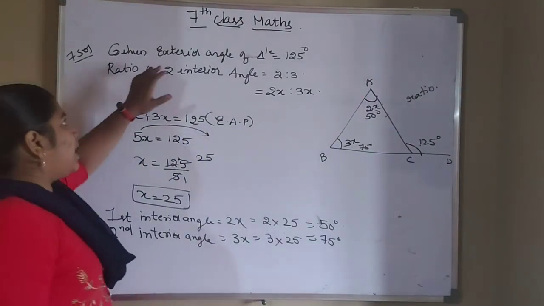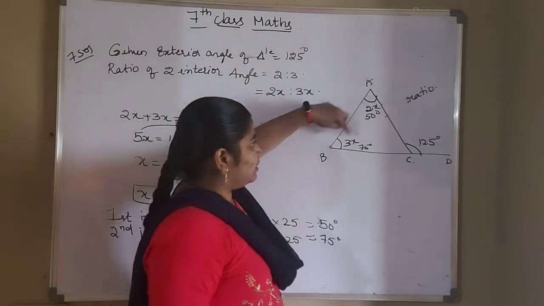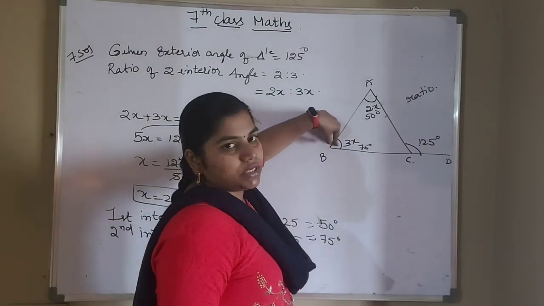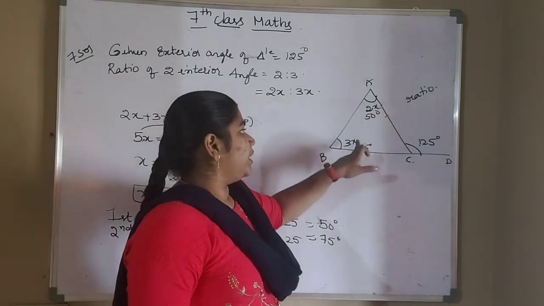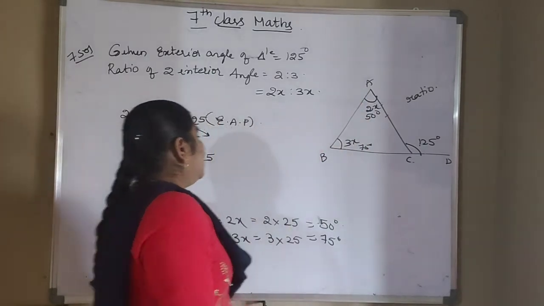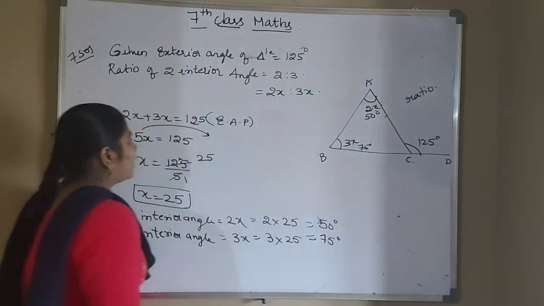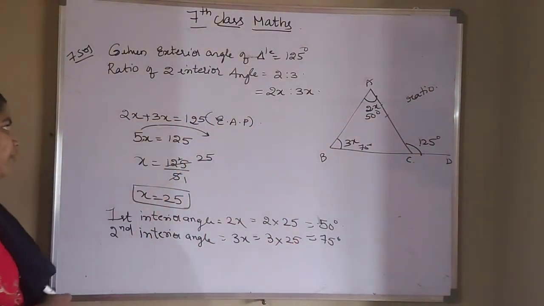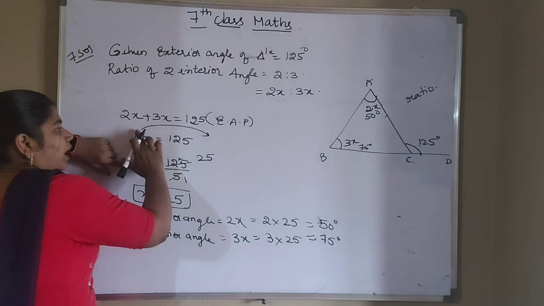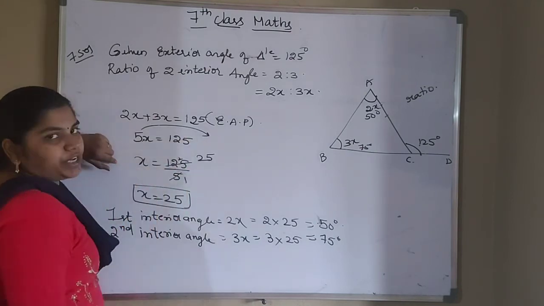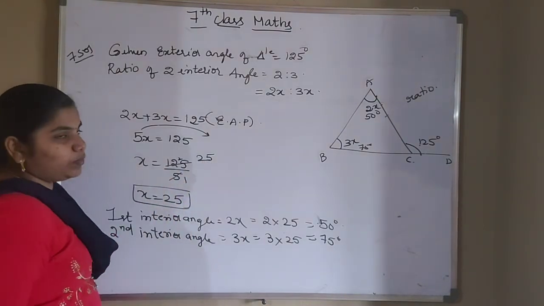So what they have given? Again you see, given: the exterior angle of a triangle is 125 and the two interior angles are given in the form of a ratio. So ratio is nothing but the result will be in the form of a multiple of 2 and a multiple of 3. That's why I have taken x here: 2x and 3x. Now what is the exterior angle property? The sum of these two will be equal to 125. So 2x plus 3x is equal to 125. 2x plus 3x is how much? 5x. 5x is equal to 125. I am transposing this 5 to the other side. That will be converted into division. 5 ones are 5, 5 twenty-fives are 125. So you got the x value as 25.